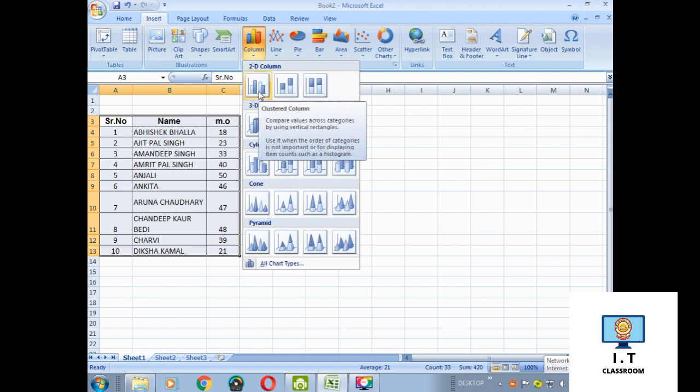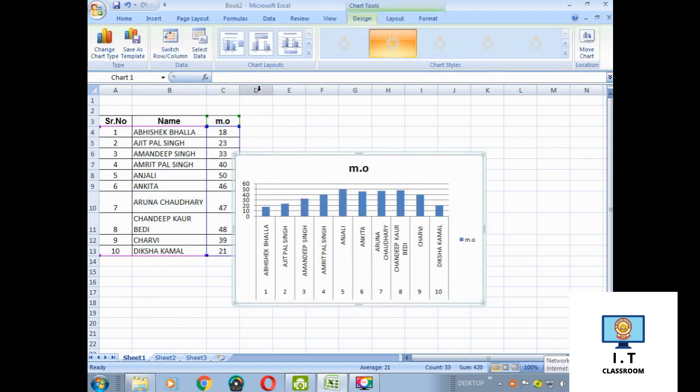So we will click on this option, clustered column. As you can see on the MS Excel screen, one chart has been inserted by Microsoft Excel. So in this way you can insert a clustered column chart in your worksheet.